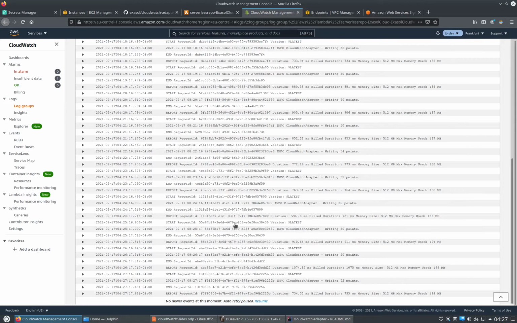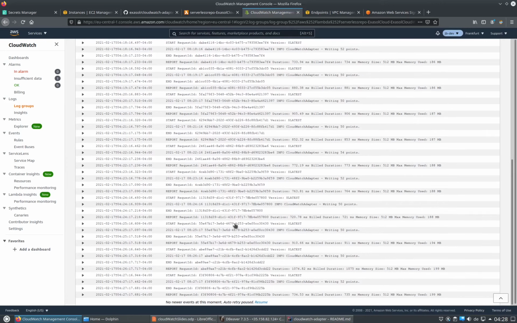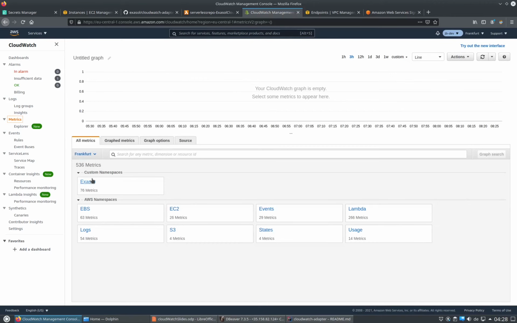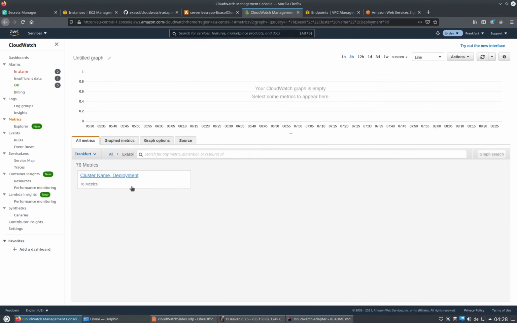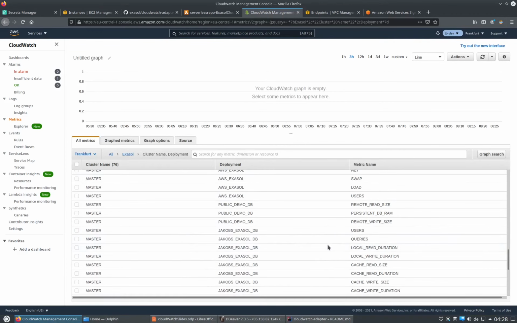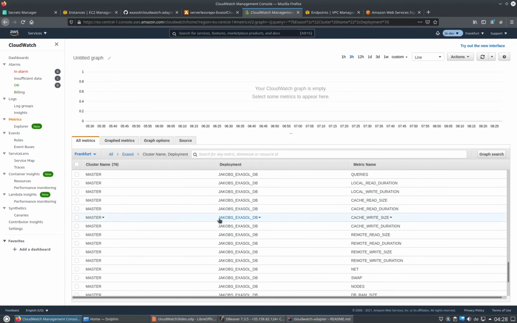So this is the tool for debugging errors or issues when there's no points reported and so on. Okay, now we can check that the points are really reported to CloudWatch. So yeah, we are already in CloudWatch. So let's use the metrics here. Then we go on Exasol, cluster name and deployment, and then we see we have here Jacob's Exasol DB, and